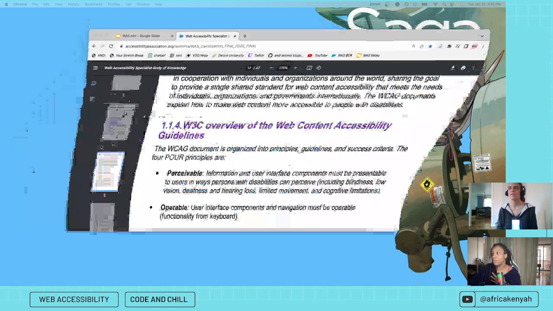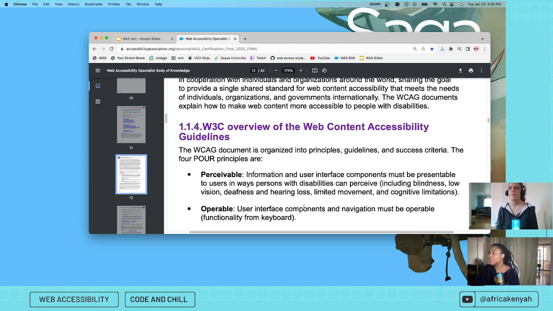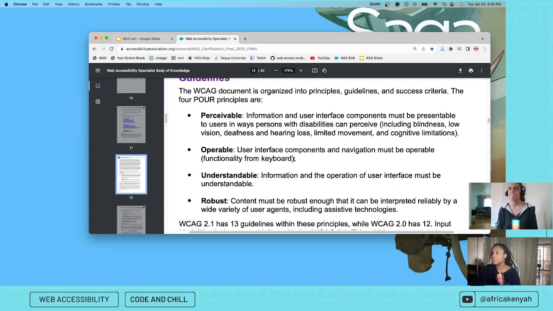So let's see what it says. User interface components and navigation must be operable. Functionality from keyboard. So yes, functionality from keyboard, they put that there probably because it's the biggest consideration, but you should also be thinking about, can someone pinch? Can I drag? Can I do all these other things that require a mouse in other ways?